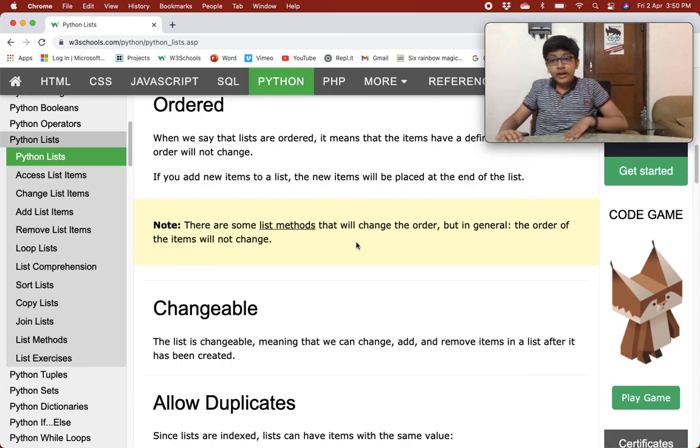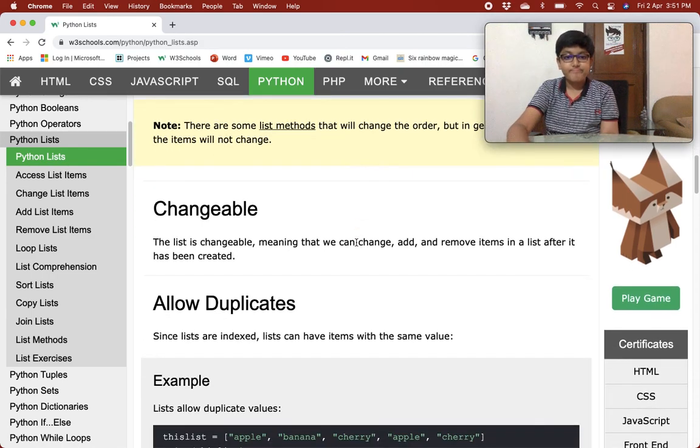If you run a method on a list, that method may change the order. It's not compulsory that it would change the order, but it may. But in general, the order of the items will not change.